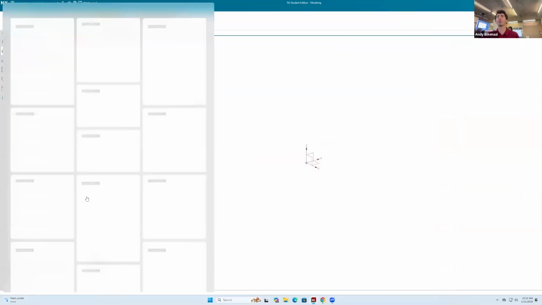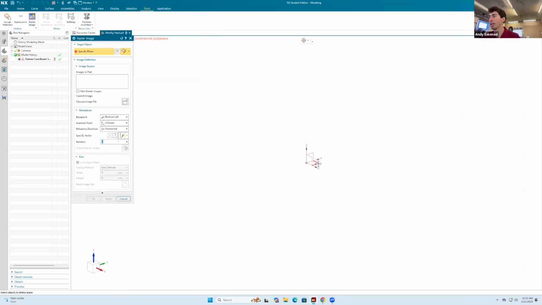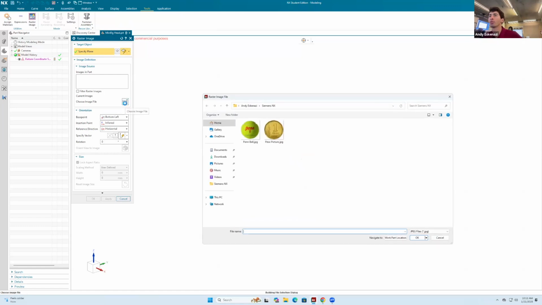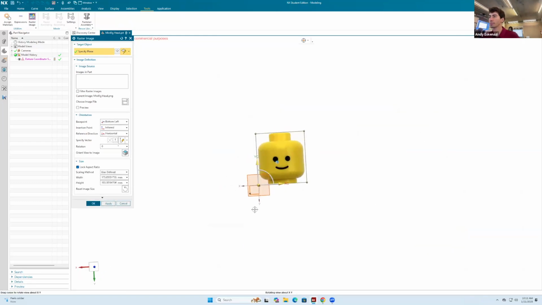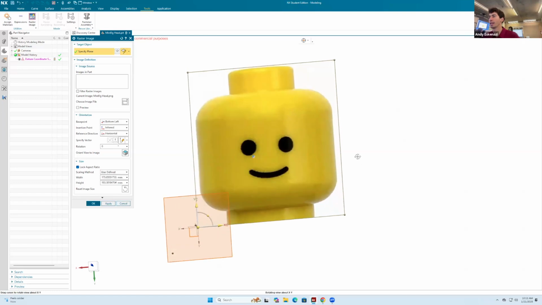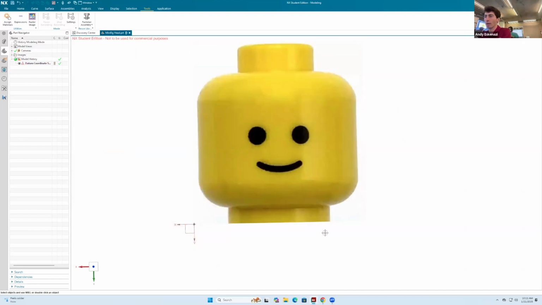So as usual, if you guys go in here to tools, you'll go to raster image, and we can select the plane. It could be that one as an example. So let's select, I think it's PNG, the minifig head. We're gonna bring that up. We learned last time how to scale things up, so I'll just make that 200 as usual. I'll say okay, good. So now the strategy, and I think this will be rather simple for all of us,